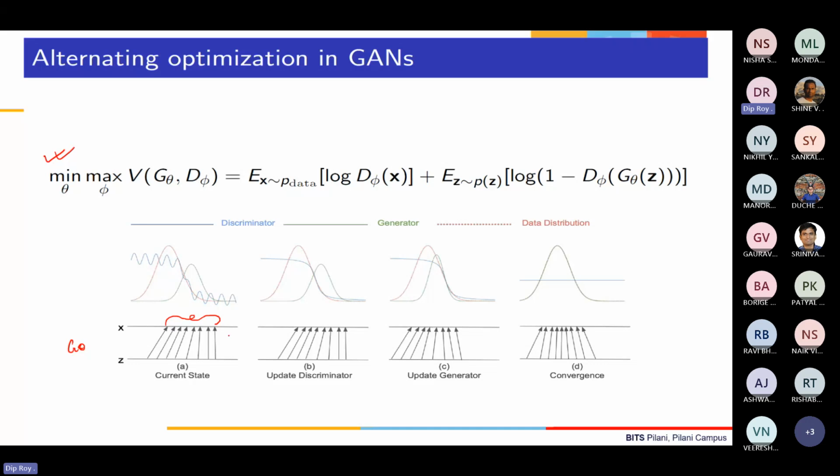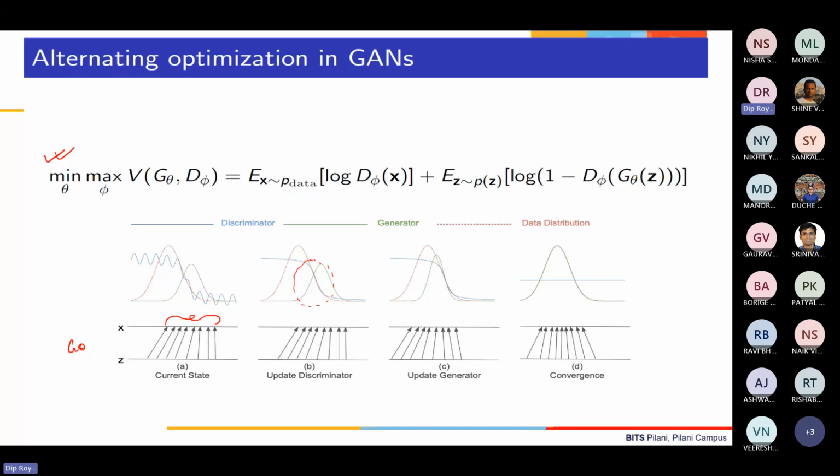But now what is going to happen is, in the first iteration, you are going to update the discriminator. So the discriminator will try to say that anything on the left is a true sample, coming from the true distribution, and anything on the right is coming from the fake distribution or the generator distribution. But something here in the middle, it is not so sure. Okay. And that's where the learning triggers in.